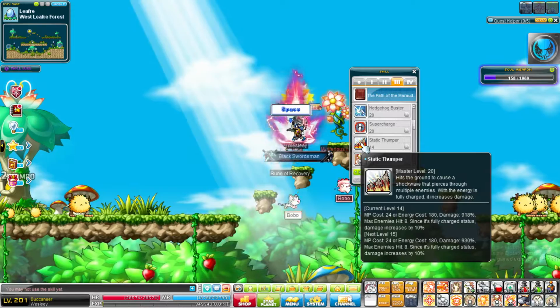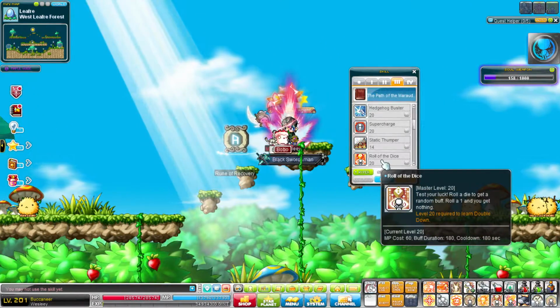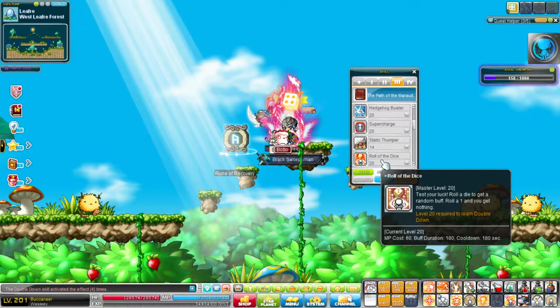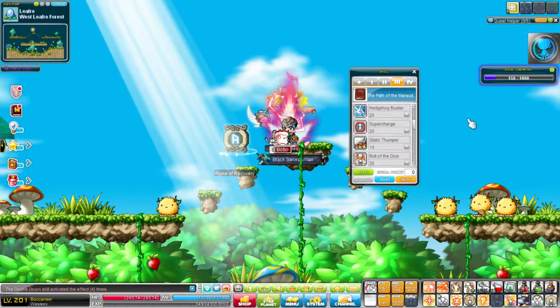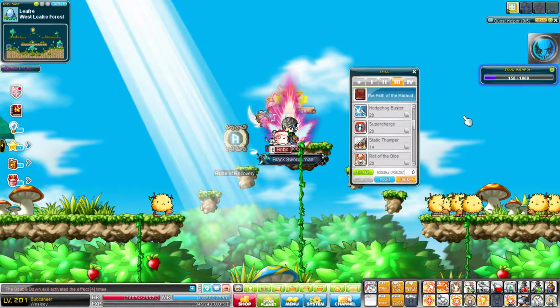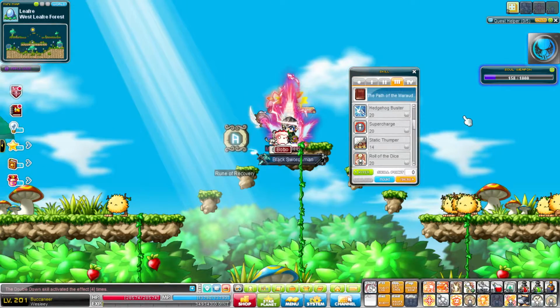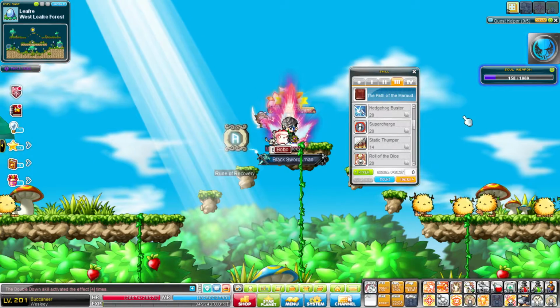But yeah, you never use it anymore. Alright, roll of the dice is obviously rolling the dice. So I believe 1 is a failure, 2 is either weapon defense or critical. Critical percent, like increasing critical rate. And 3 is either